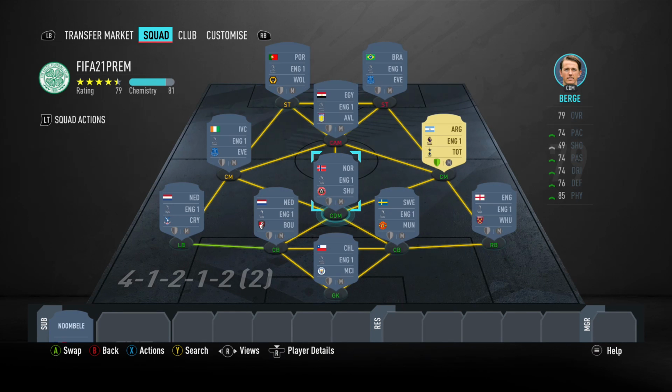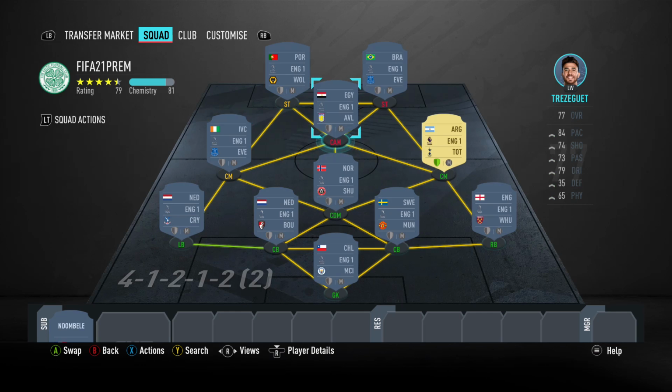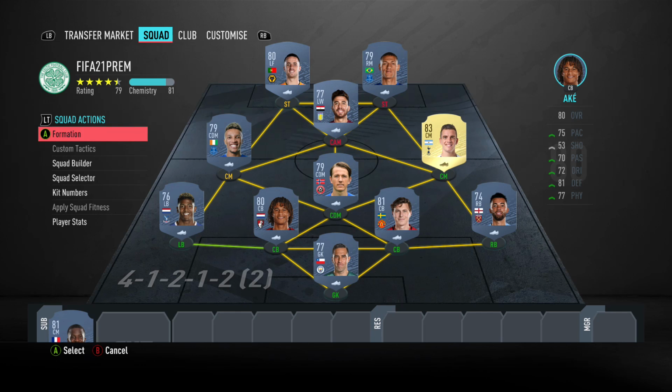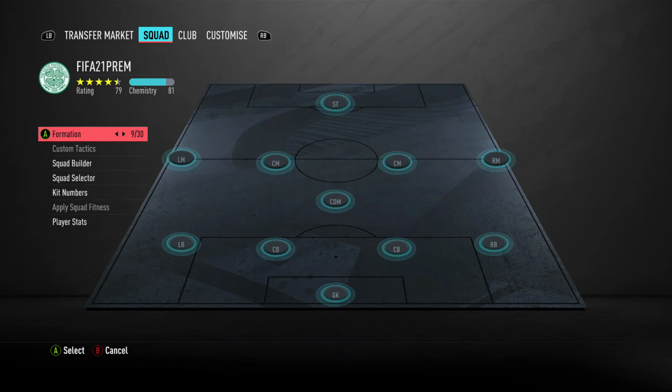So there we go. I have 100% not used any players that will be in a different league come next FIFA as of this moment. So at this moment, none of these teams are getting relegated or anything. If any of the players are not in this team in FIFA 21, that is because they have moved to a different club. And then last but not least, if you're going to be playing the 4-2-2-2,